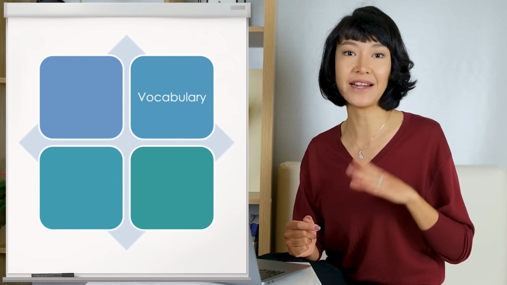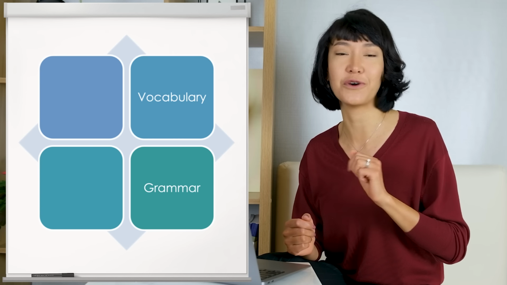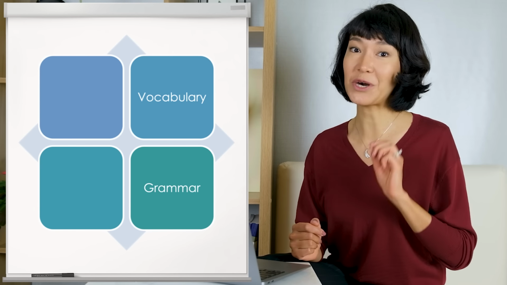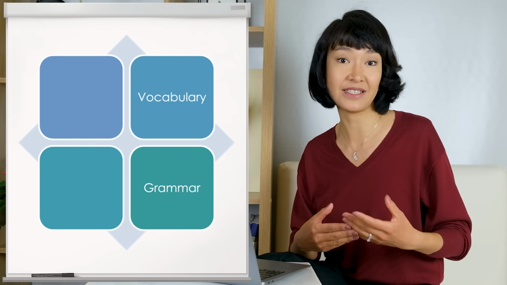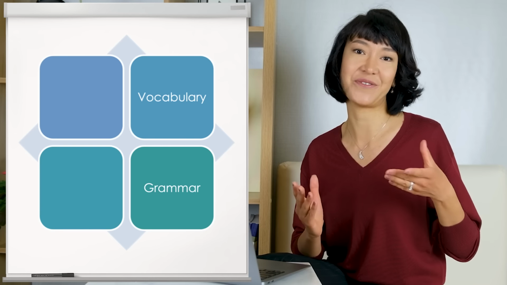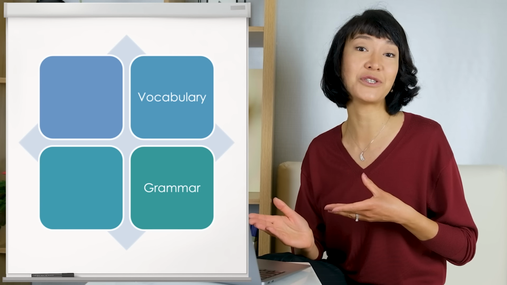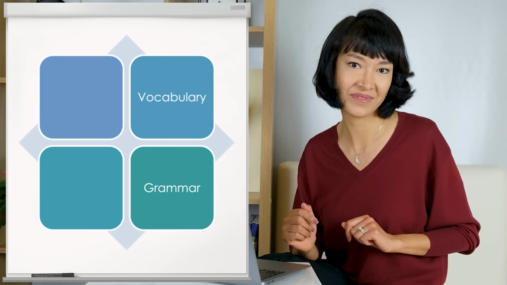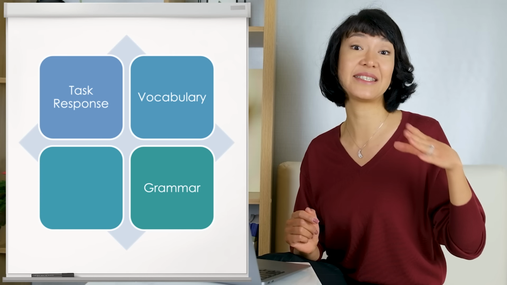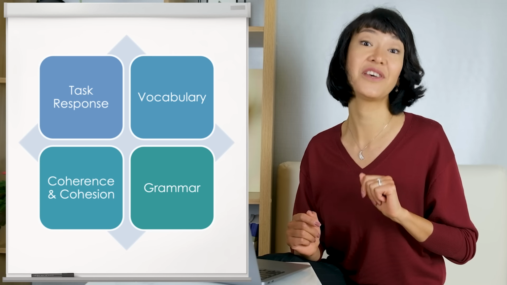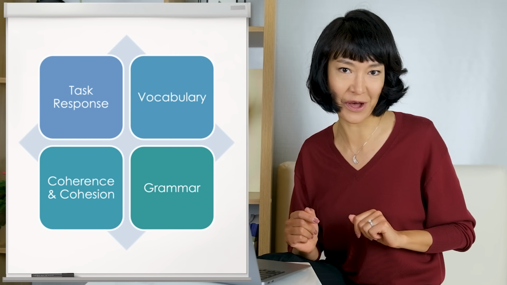The Task 2 essay tests if you can write in English, you might say. And indeed, your vocabulary and grammar determine half of your mark. Examiners also assess your ability to organize and develop your ideas according to the conventional academic style you would have to use when you study in English. That's what task response is all about, as well as coherence and cohesion, the other 50% of your mark.